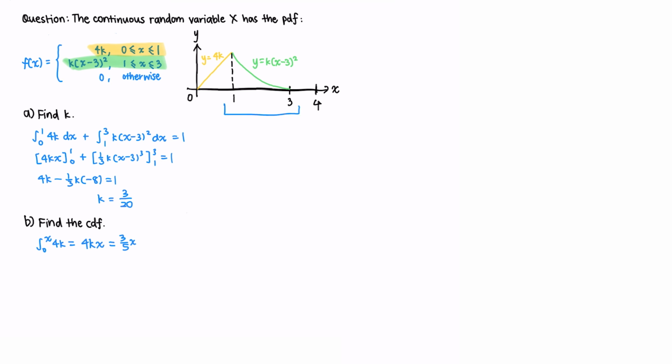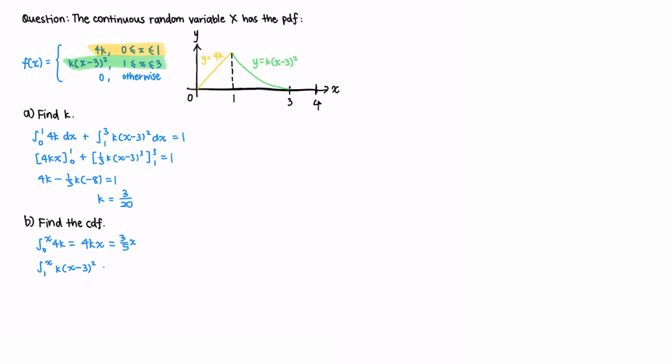Now for this part, if I integrate from 1 to x, then I'll just be getting this area over here. But the cumulative distribution function wants it from 0 because we're starting the function at 0. So we will need to add up this entire area over here. As such, the cumulative distribution function for this part is defined by the integral from 1 to x of k